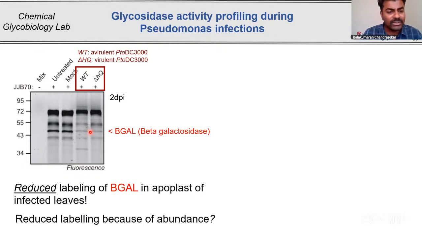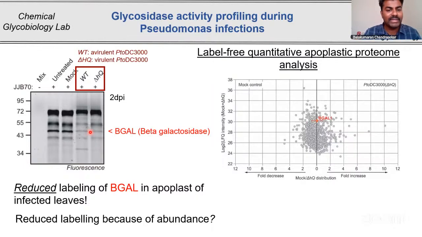So to know if abundance is the major reason why beta-galactosidase shows reduced labeling during infection, we did proteomics on the infected versus the non-infected plants. We were amazed to see that the beta-galactosidase enzymes present over here did not change in abundance during infection at all. The abundance remained the same, but their activities were going down during infection. So that gave a very interesting turn, which made me curious to go further into this particular protein